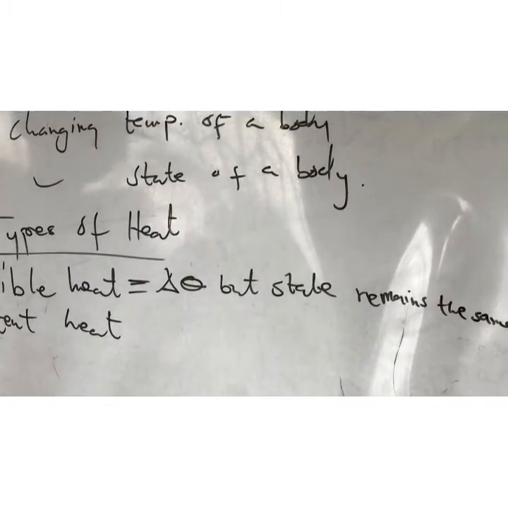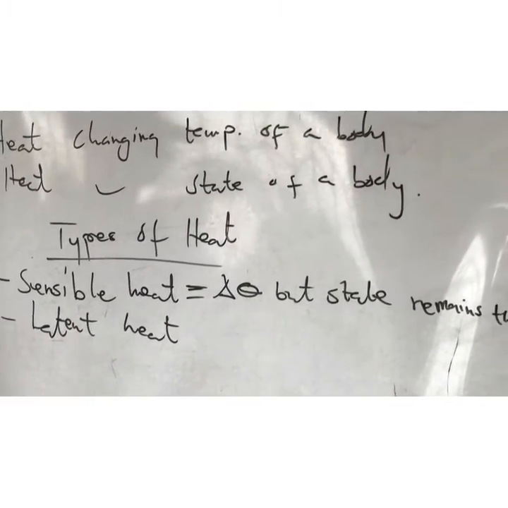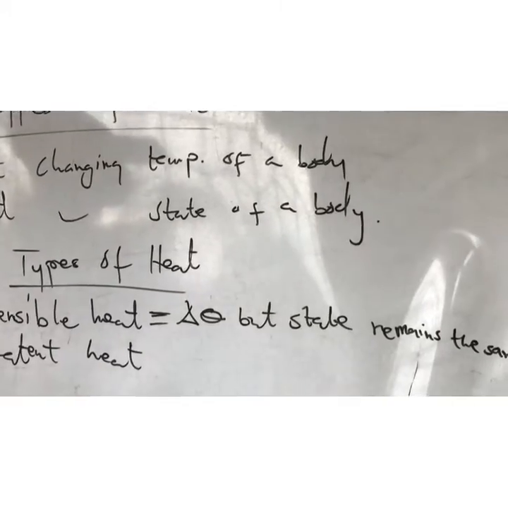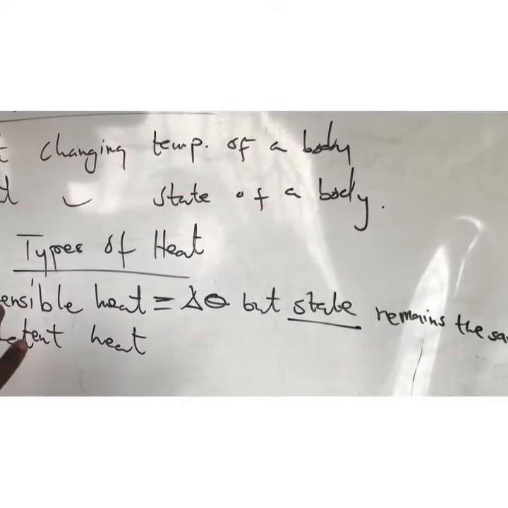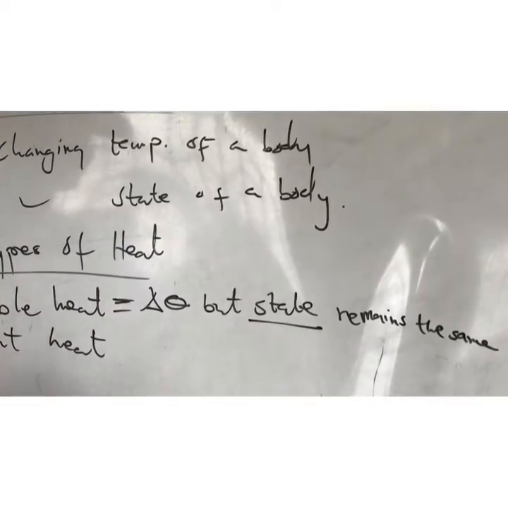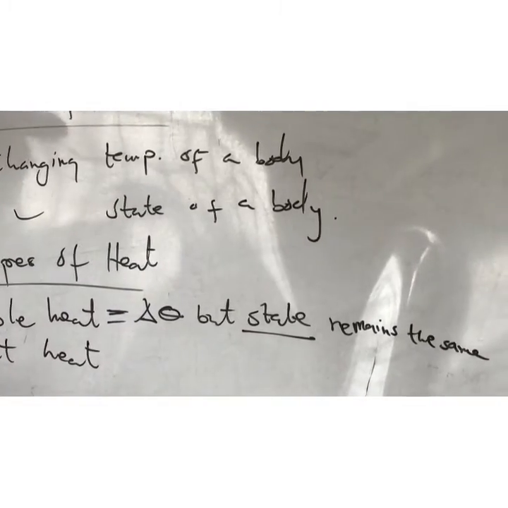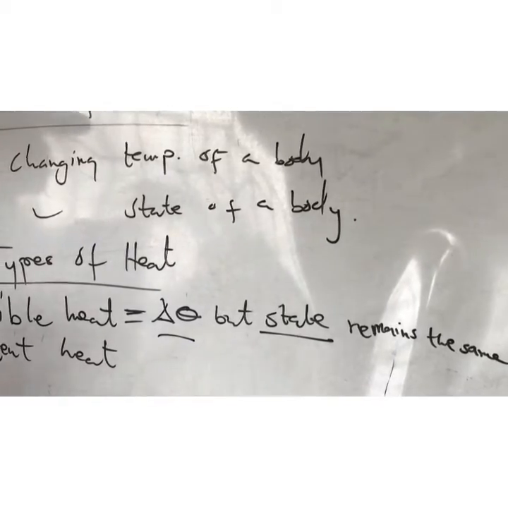So whenever a sensible heat is applied to a body, the temperature will change, but if it is solid, it will remain solid. If it is liquid, it will remain liquid, but the temperature will